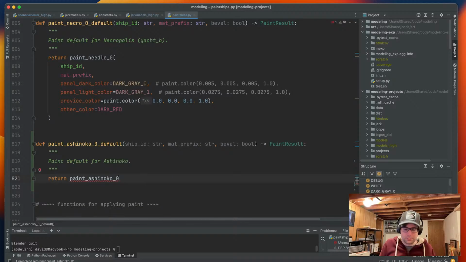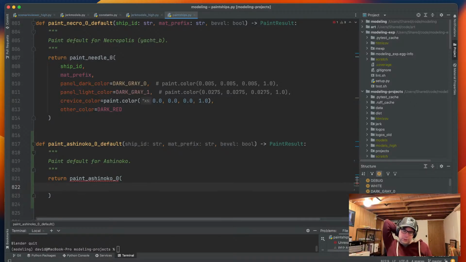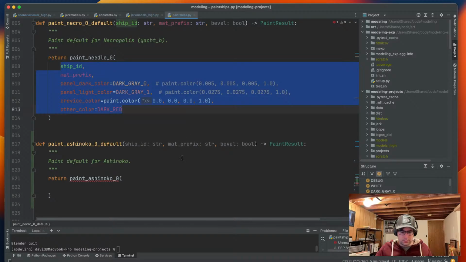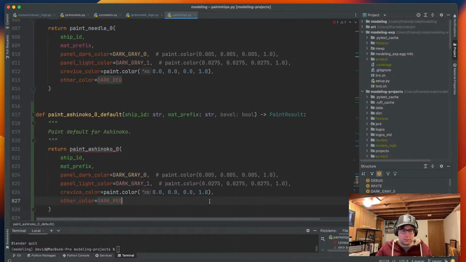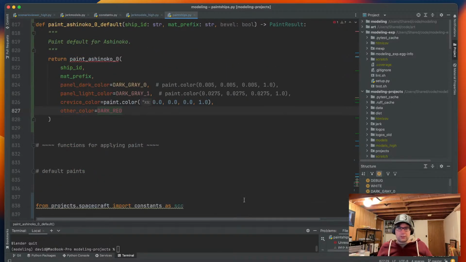So this just fills in some default colors for things. Usually I have two different colors for panels, a color for crevices and edges, and then some other color. So we'll just start with the same thing here. And these are just colors that I've got hard-coded for now. Eventually I need to rewrite some of this to have a more consistent palette and things, but